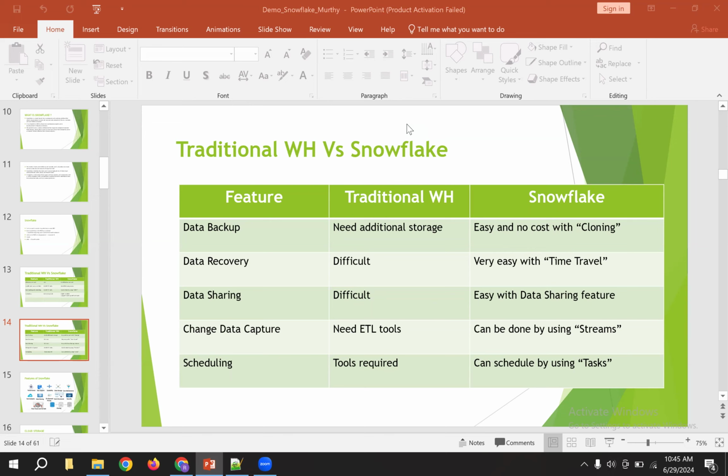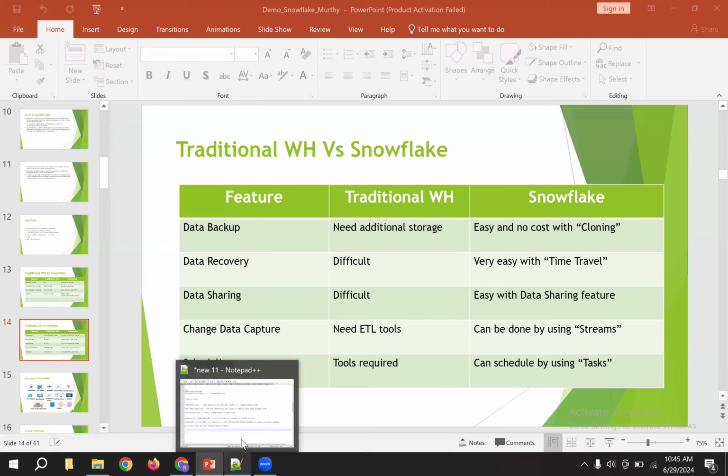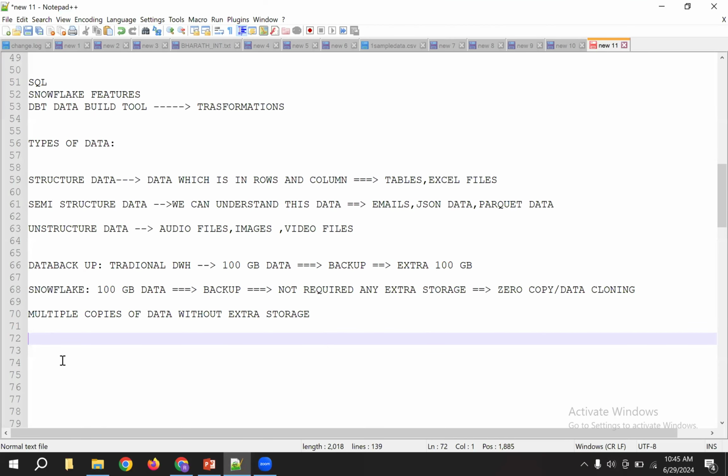Next one, guys, data sharing. Data sharing is also one of the good features. Think like this. In traditional data warehouses, say I have 10 GB of data and I want to share this data to Sunil, one of the Snowflake developers.